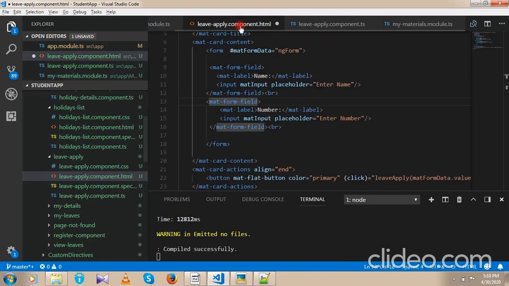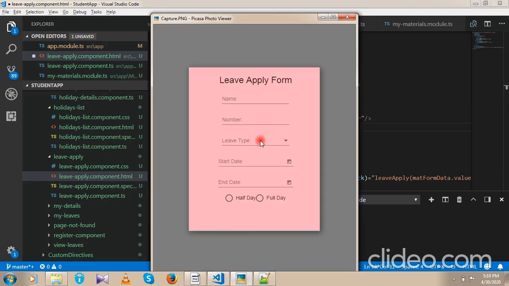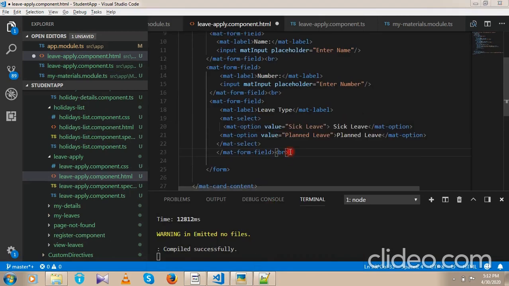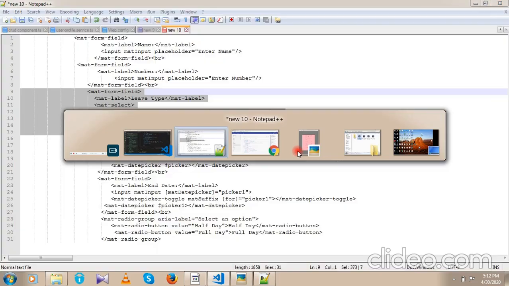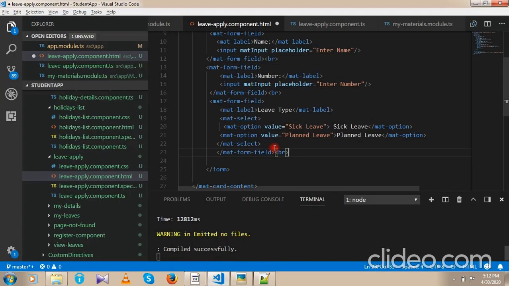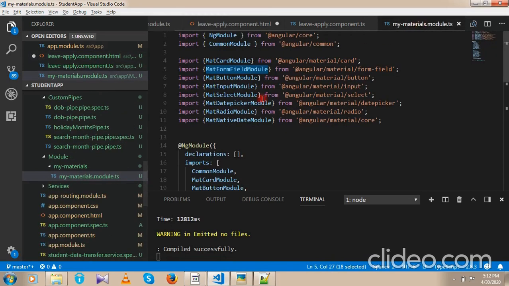So next we'll see the leave type drop down box. This leave type drop down box we are going to design now. This is the code for that drop down box. For this I took the basic syntax from the guidance itself and changed it as per our requirement. For using this mat select and mat option, we have to import the mat select module.